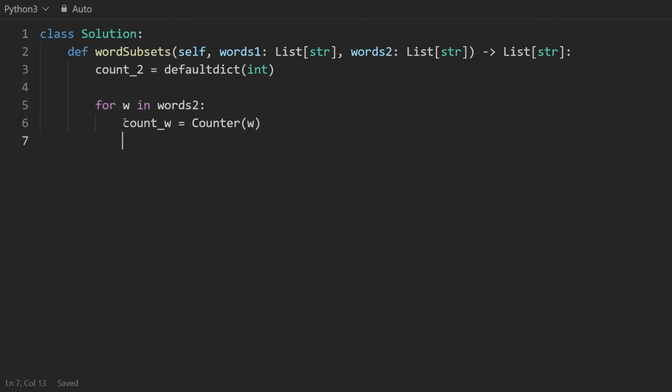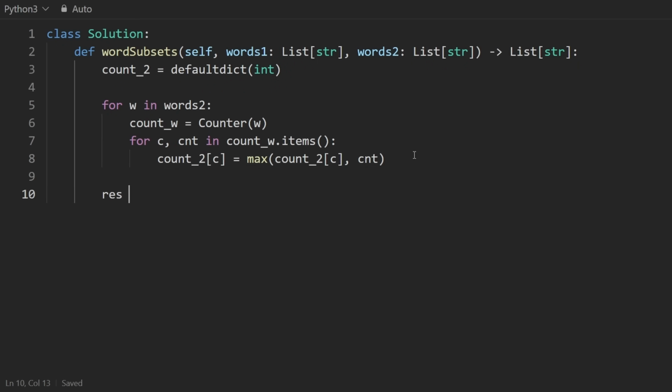And then we want to merge this count in this hash map up above. So I'm going to go through every character count pair in this hash map. I can do that like this in Python, .items. And then for count2, I'm going to set for this count it to be the maximum of itself. So count2 of this character and the current count for that same character that we are looking at right now in the other hash map. So now that I have that, I can then create my list of result output words, which I'm going to